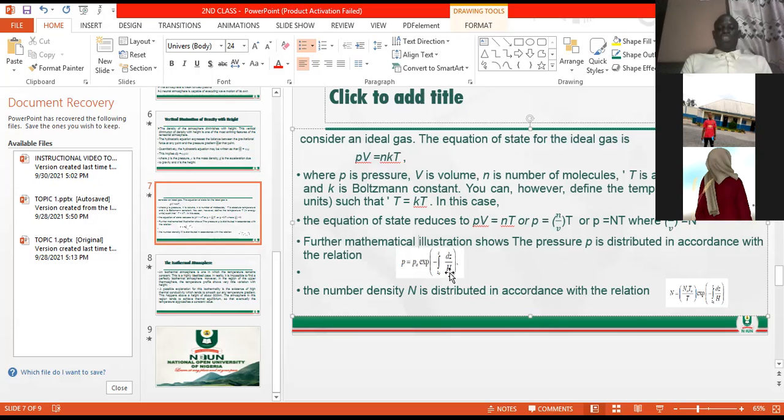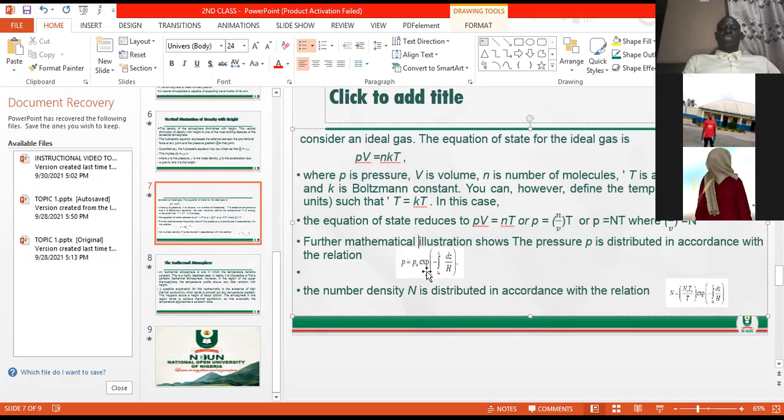Now, this is an illustration that says that, hello, can you hear me? Yes, sir. Good. I'm trying to break down this illustration to you: what is the relationship between density and height, or pressure and height? Now, pressure is distributed according to this, which is